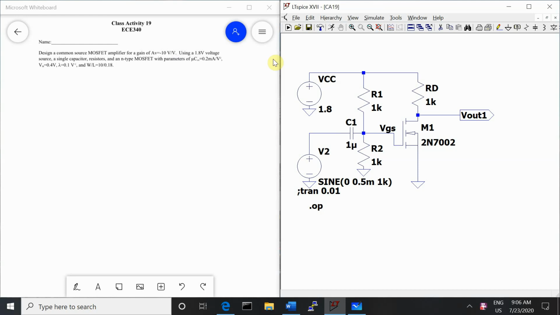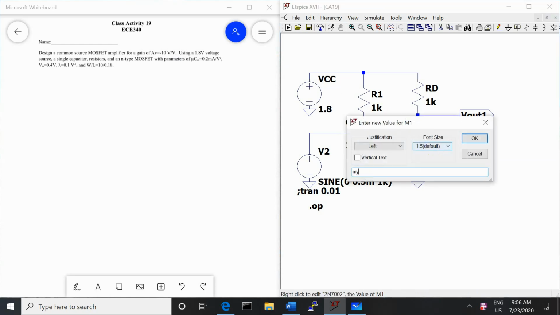This problem asks us to design a common source MOSFET amplifier for a gain of -10 and using all of these conditions. So we have our LTspice circuit with a 1.8 volt DC source, a single capacitor, a number of resistors, and an N-type MOSFET. Now our MOSFET needs to have the parameters in the problem, so we're going to rename it,